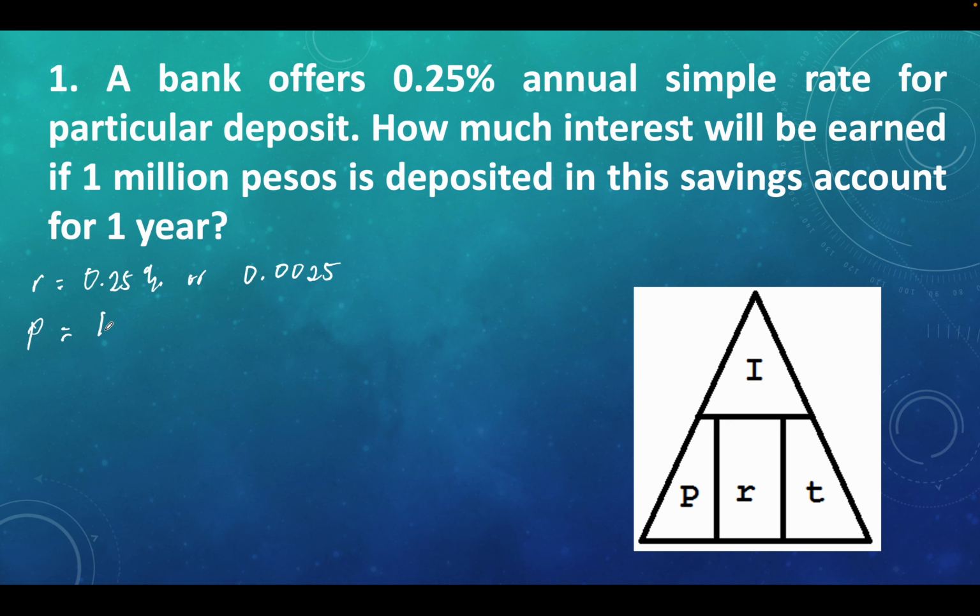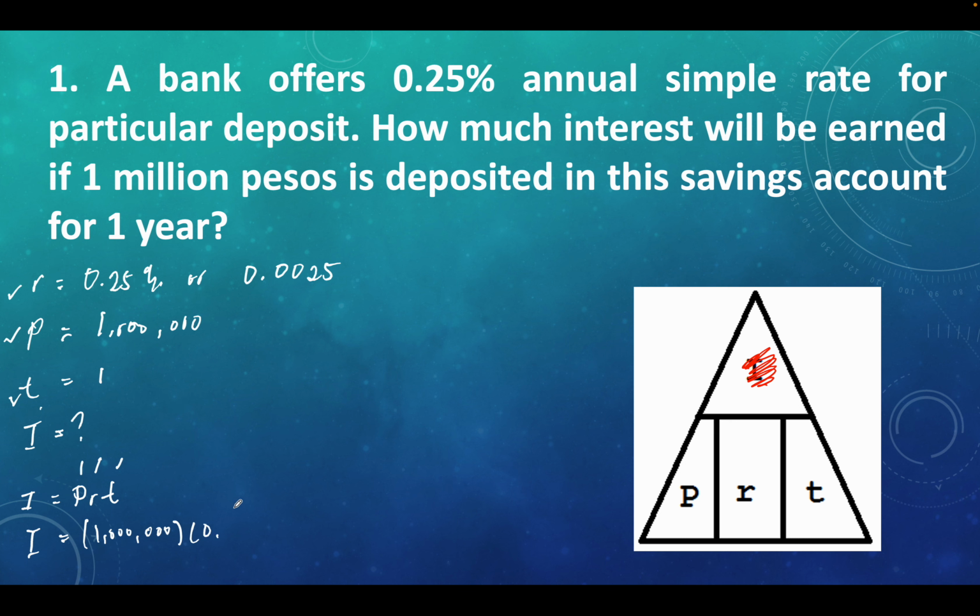So, interest now is equals to yung P, we have 1 million times yung rate natin, which is 0.0025, and then yung time natin is equivalent to 1. Okay? So, multiply lang natin yan. Unahin muna natin. Kahit ano yung mauna dito, no? Pwede naman siya. Okay. So, in your calculator now,